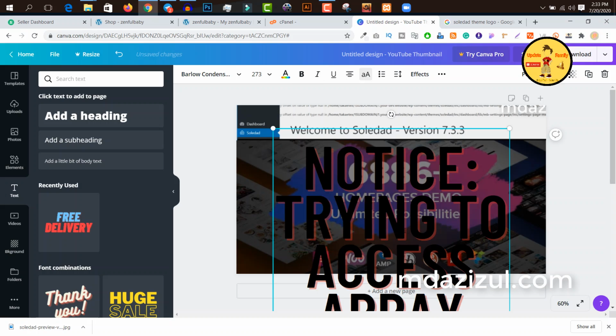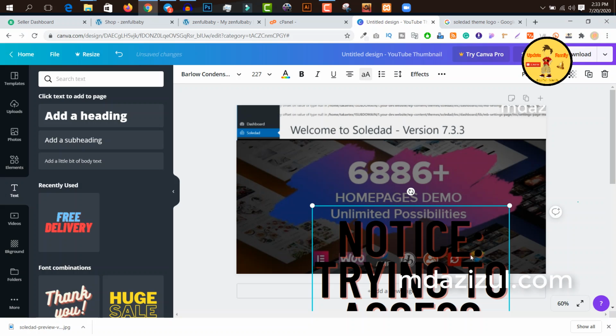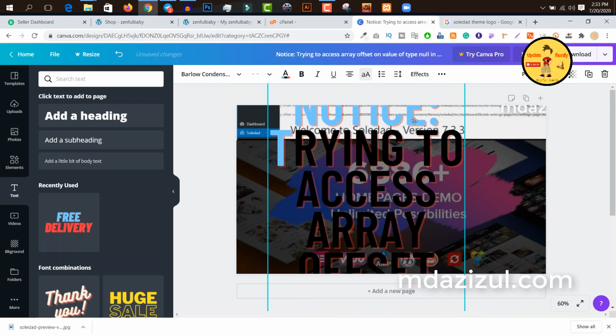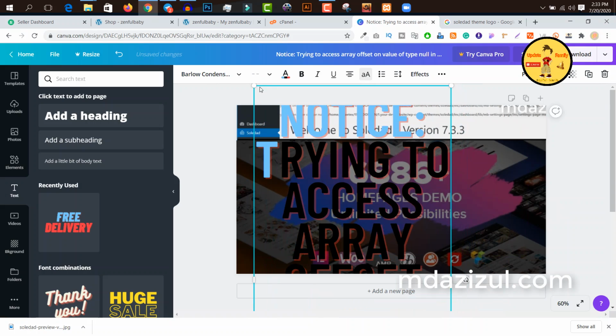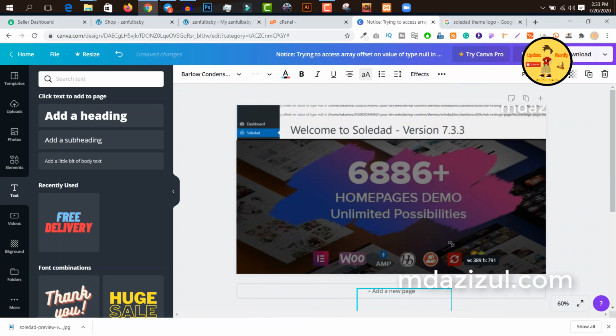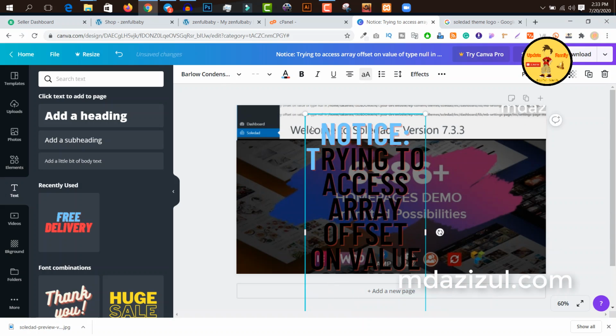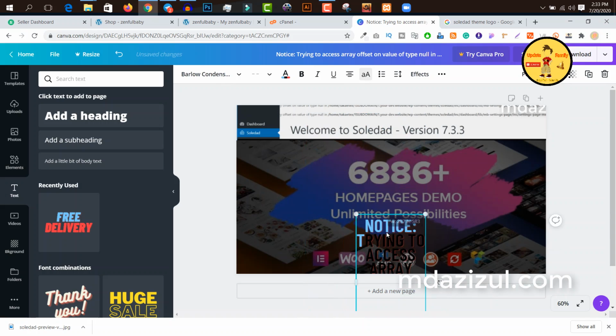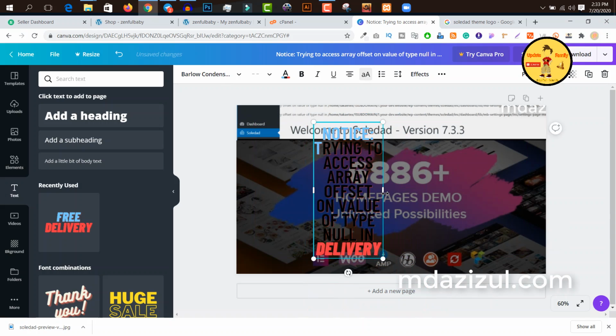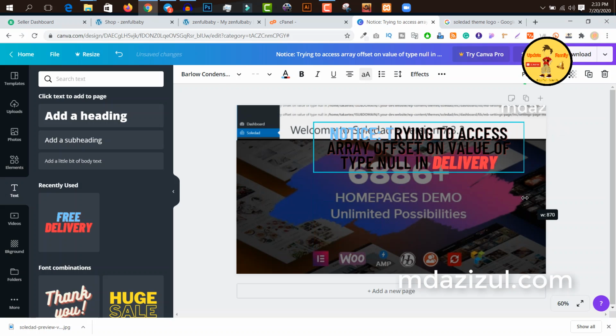I just paste here. So when I paste, how is it looking? Okay, it's looking something like this. So I need to resize that thing. I just resize this and again drag and drop here. Okay, so I just resize again and change the delivery, the notice, everything is present here, and just click on